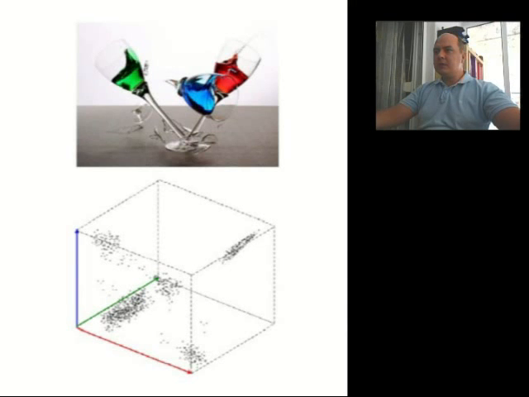I tried to illustrate this with the following image and its pixels shown as a cloud of points in the RGB color space. It's clear that the pixels form 5 classes: one in the neighborhood of red, one in the neighborhood of green, one of blue, one of white and one of dark gray. The critical question is to identify these classes and cluster all the pixels in an effective way. Now, let's have some fun.